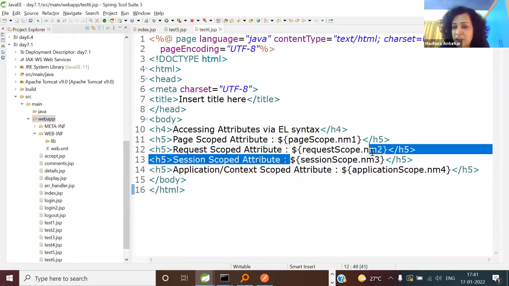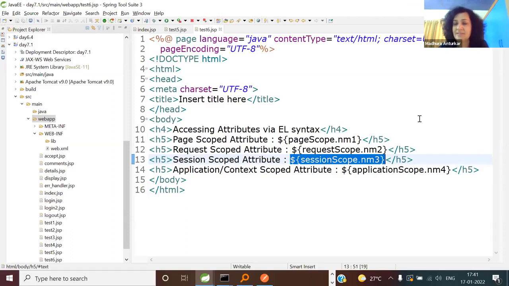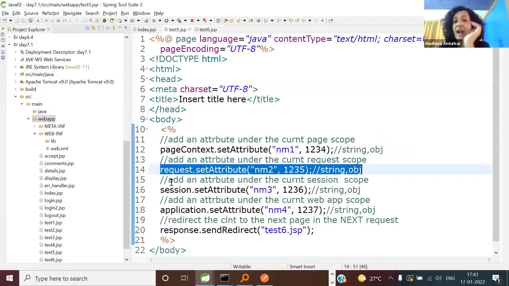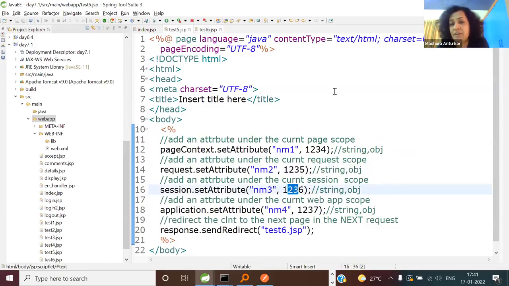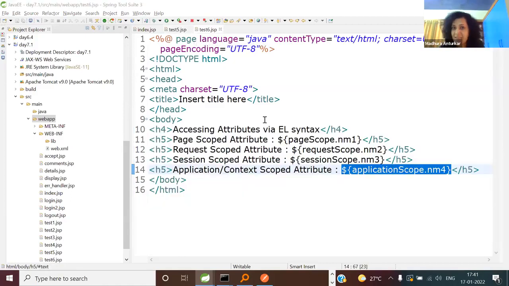If I'm using the same client, and I continue with the same client, blank or not blank? Not blank. And what is the value we have given for this? 1236. Values don't matter, you know that. And then the last one, blank or non-blank? Visible or not visible? Of course, not blank. Why? Because you are working on the same web application. That easy it becomes to get complete clarity in scopes. So I'm just running this.